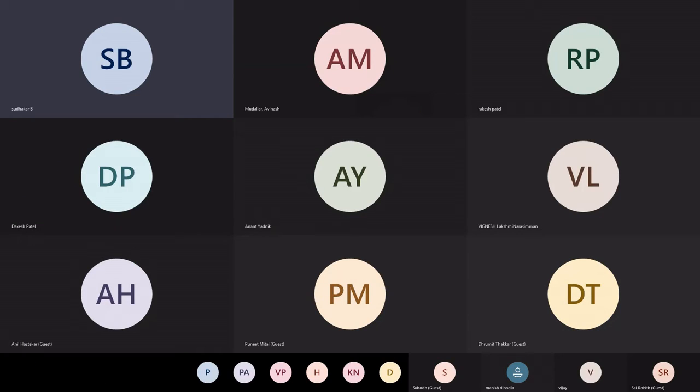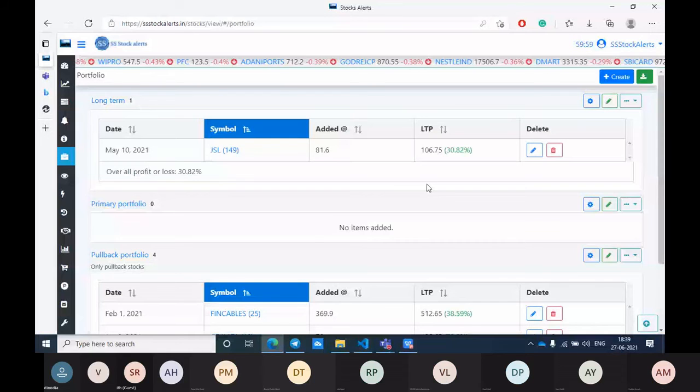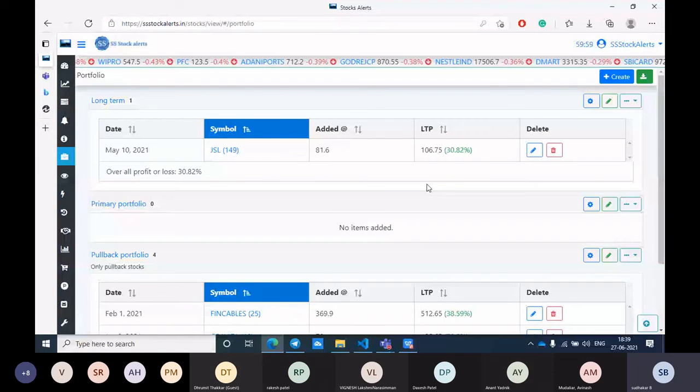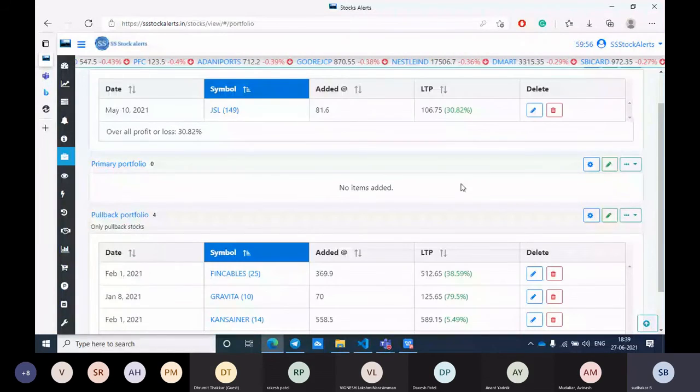So guys, once you buy into any stock, you need to do a trailing SL, right? There are two different SLs: you can keep your fixed SL, where whenever the price is closing below a certain price you want to exit, or there is a trailing SL, where whenever the Kijun-sen is breaking below, then you can exit, right? So there is a trailing SL concept that Avinash told.